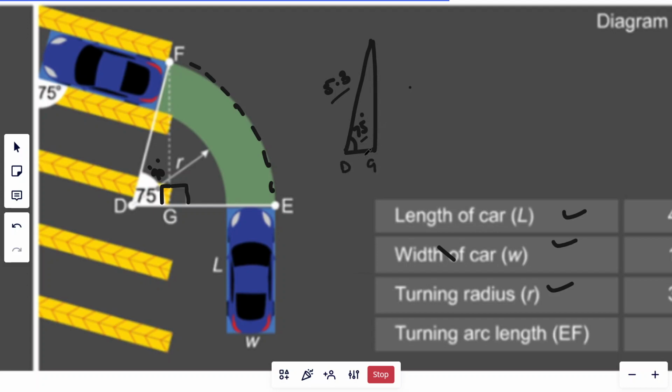So one could use cos, because cos of an angle is base over hypotenuse. So one could say cos of 75 degrees is DG over 5.3. 5.3 is dividing, it would go there and multiply. So 5.3 multiplied by cos of 75 should give us the value of DG, and doing this calculation will give us a value of DG to be